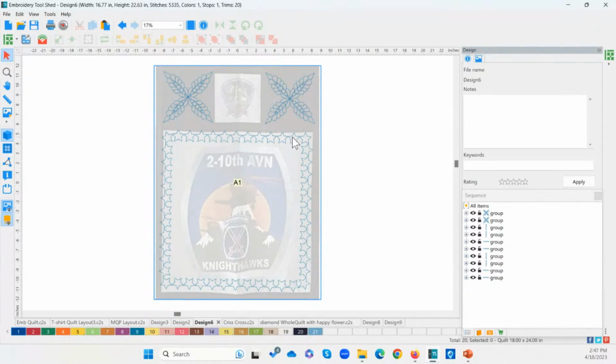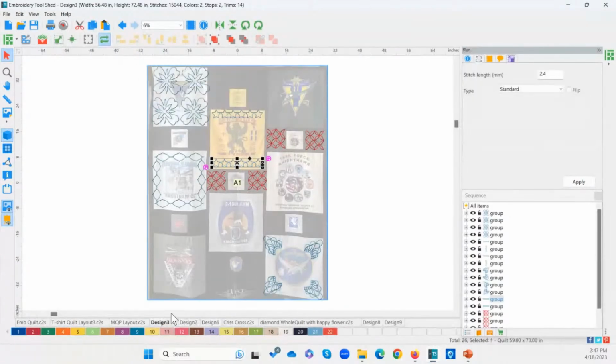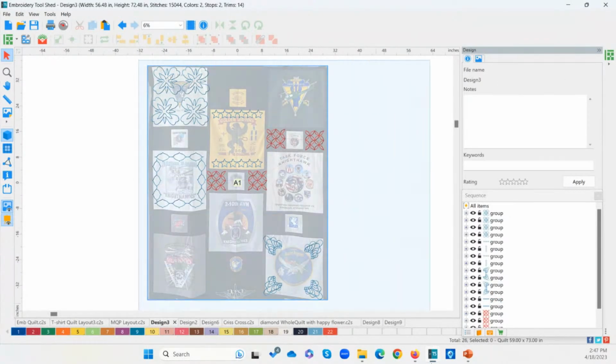So here you can see that I've got just these star quilting designs around the edge here. These, again, a 17 by 17. I don't have a hoop that long, so I actually have these stars broken up into separate pieces. So these two here together make the length that I need, and these two make the width that I need. And then these are separate designs here. So if I were to export this, I could use this on my entire quilt over here.